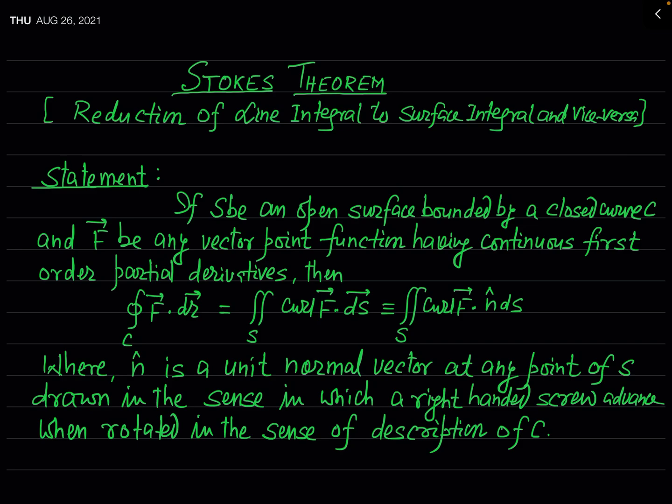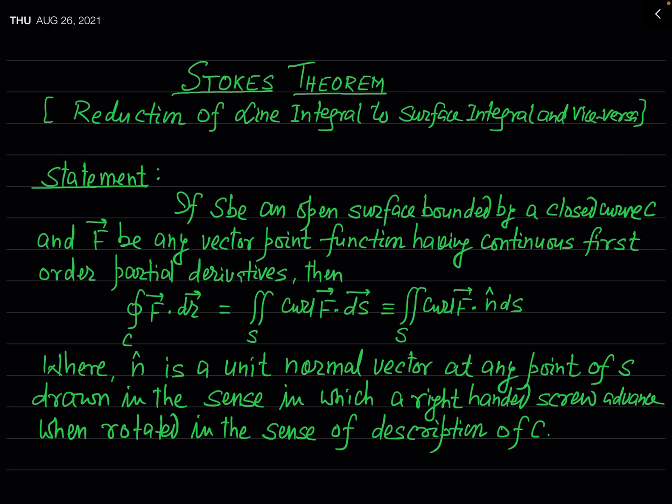As a statement, you can say that if S be an open surface bounded by a closed curve C, and F be any vector field or any vector point function having continuous first order partial derivatives, then this relation holds. That is, the integral of F dot dr along a closed curve C is equal to the integral over the surface S of curl F dot dS, or you can also write it equivalently, integral over S